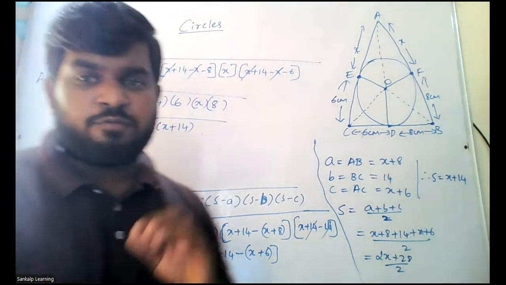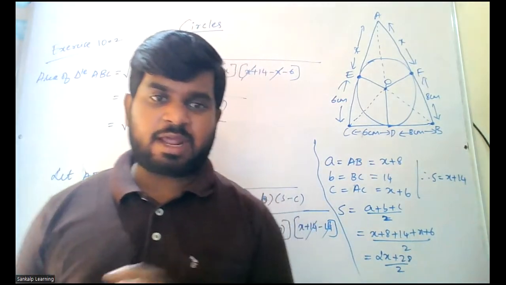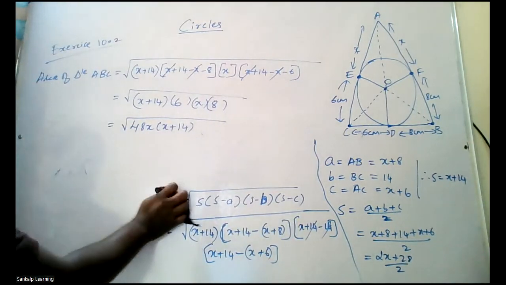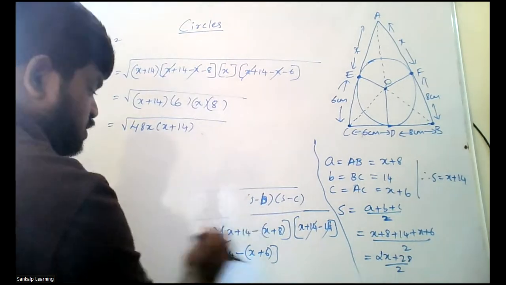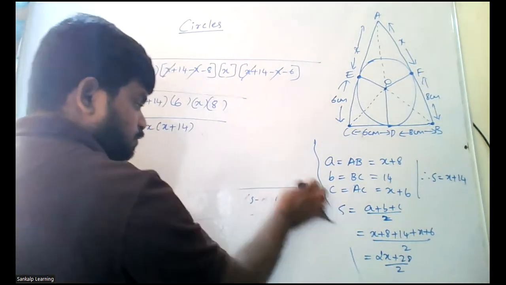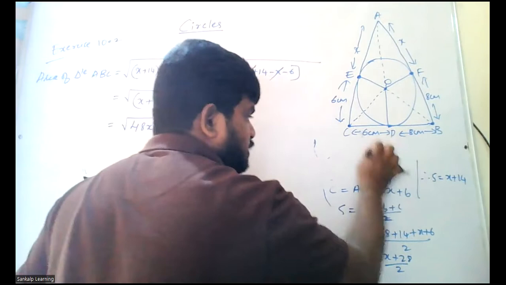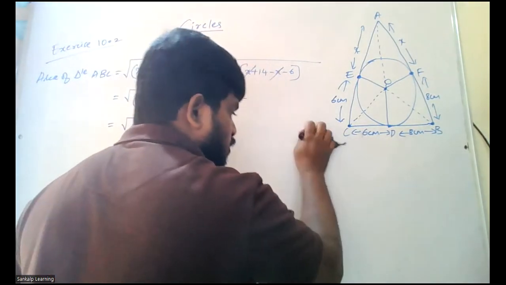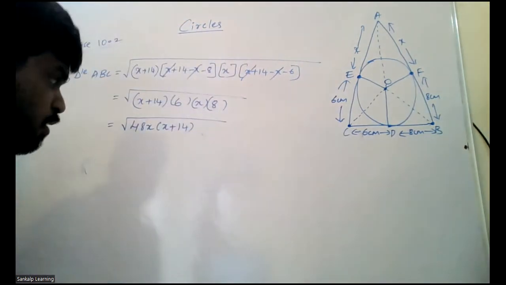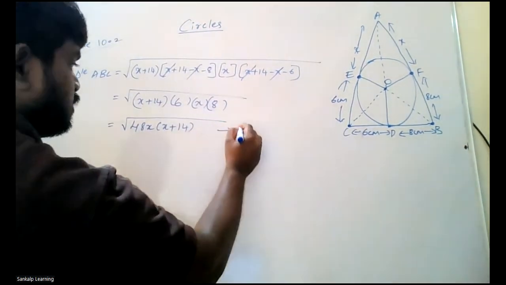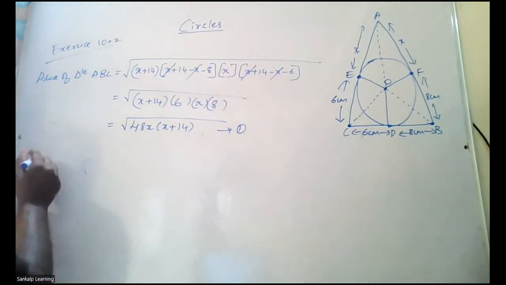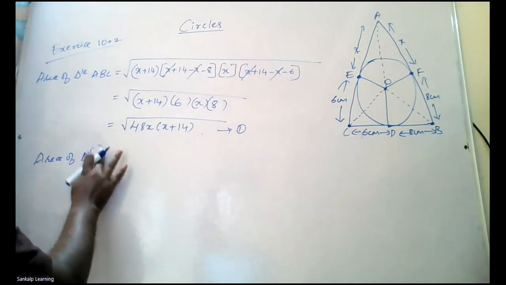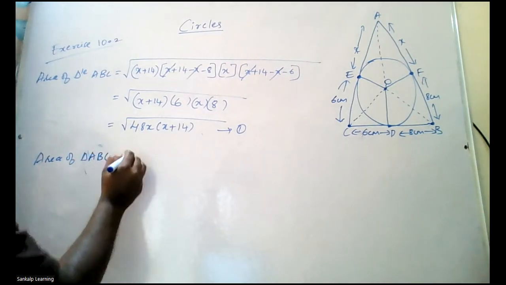So what did we do? We found the area of the triangle ABC using Heron's formula. That is all we did. Now please listen carefully. Let's consider this as equation 1. Now, just observe the figure. Can I write the area of triangle ABC as